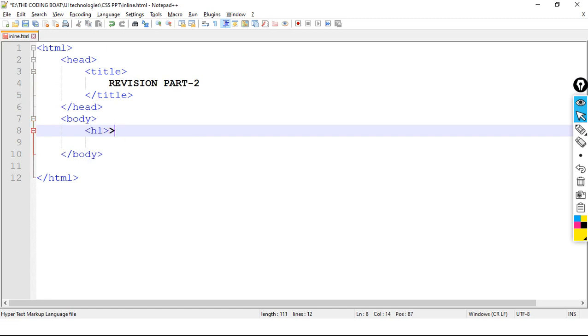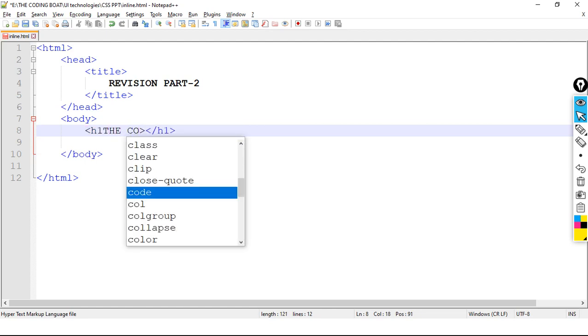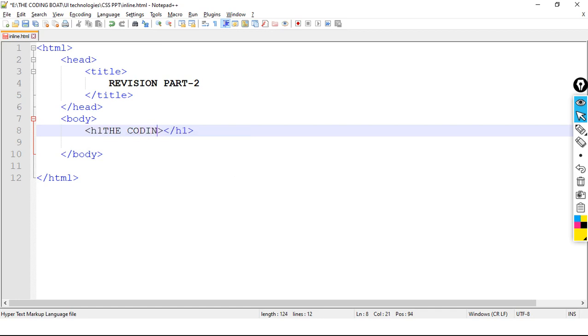H1 opening and H1 closing, opening and closing. I am writing the coding board, the coding board.